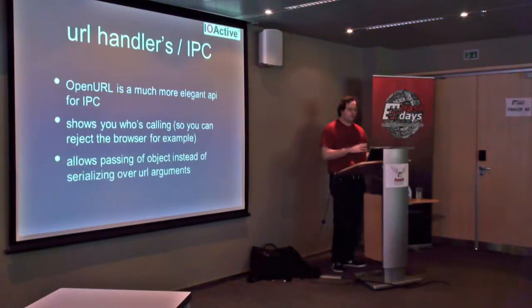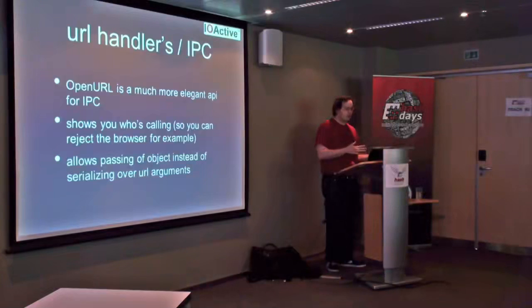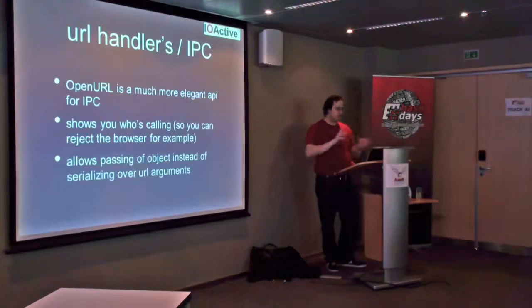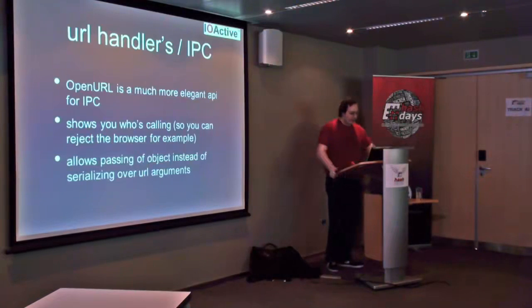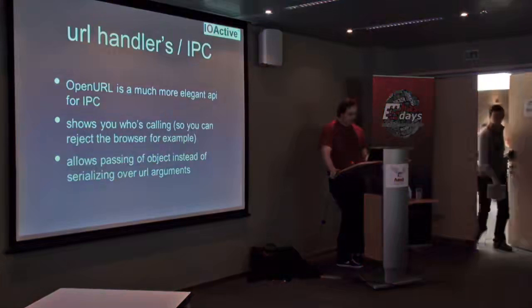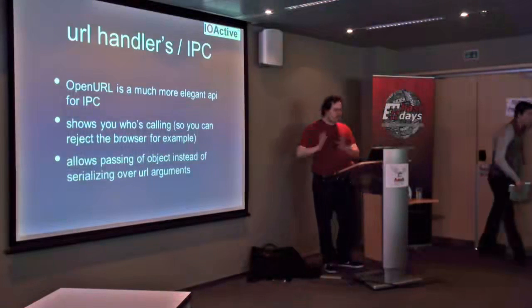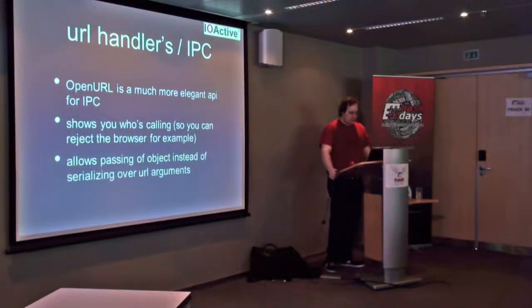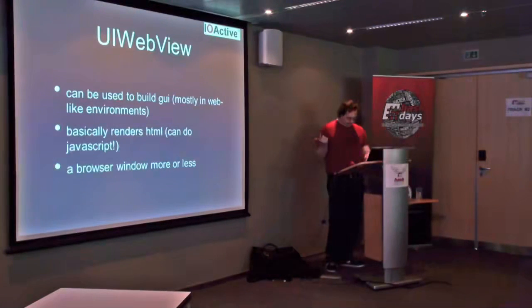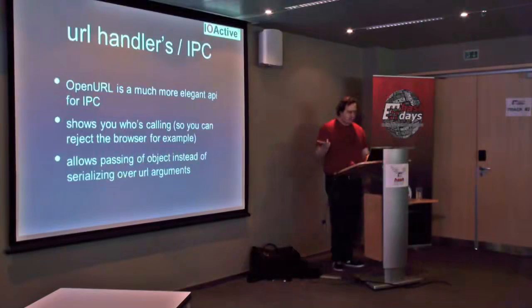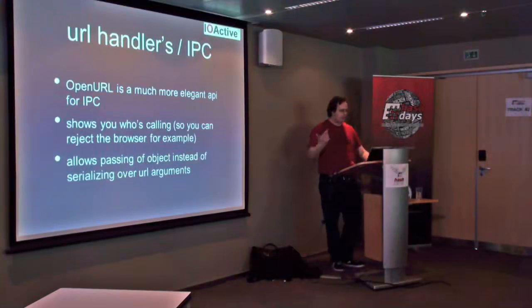You no longer have to do serialization for your arguments. Because what you had to do with handleOpenURL was you had to form a URL and then do the question mark and then key1=value1&key2=value2, and so you have to serialize and deserialize all your arguments. openURL allows you to basically pass objects back and forth, and iOS will do all the serialization and deserialization for you. So that absolves you of all these parsing errors that would come with serialization and deserialization. That's one. The second one is that when that openURL callback gets called, you get to see which application